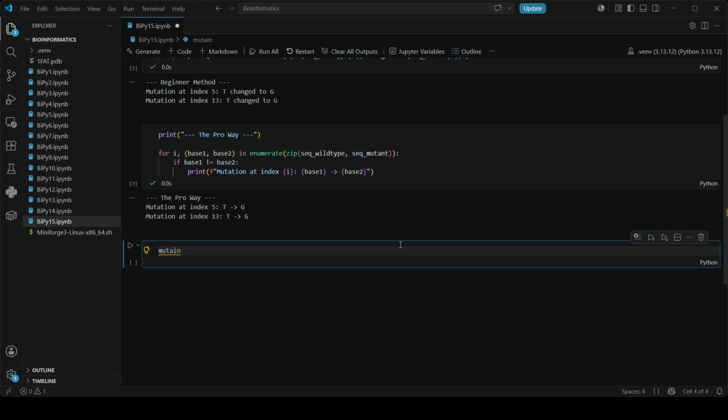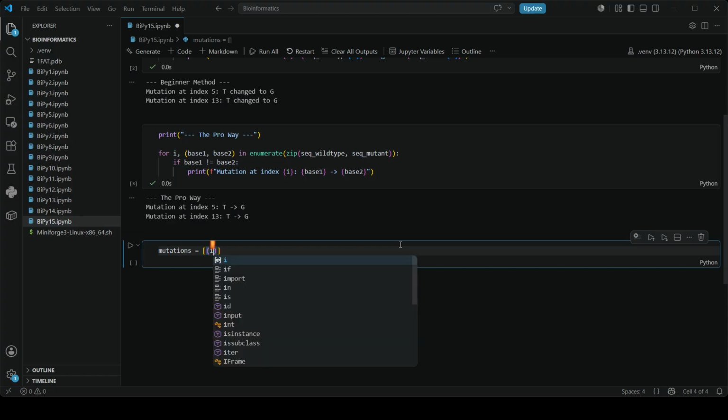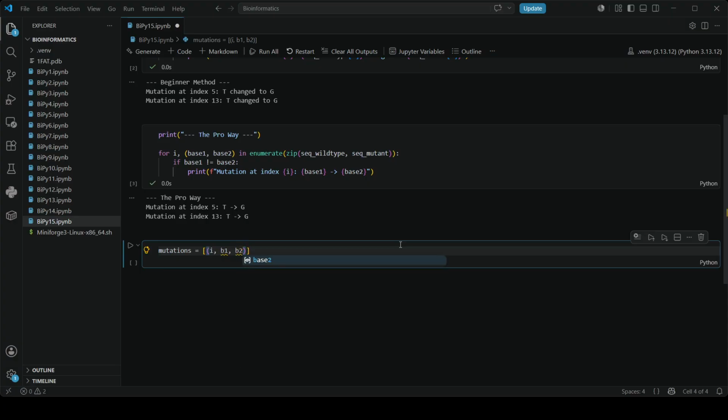We will call it mutations is equal to, and what we will write here is i, b1, b2 for i, b1, b2